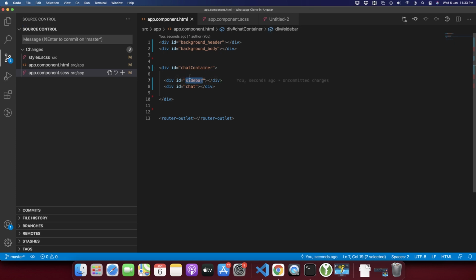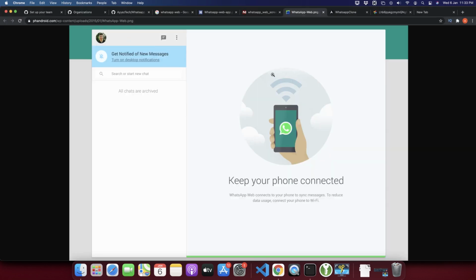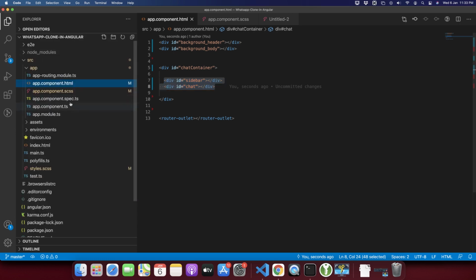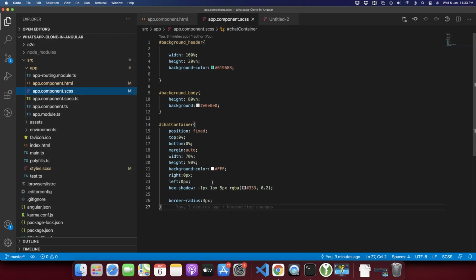Okay. Now we need to set the width of every column. For that, let's go to the SCSS file, and there let's type chat, sidebar, and